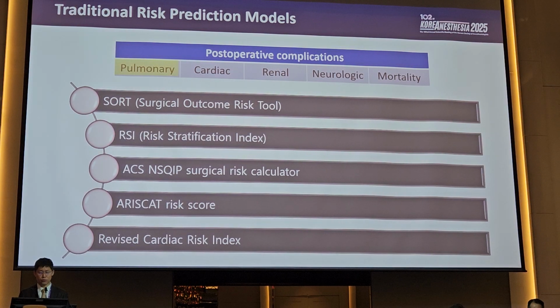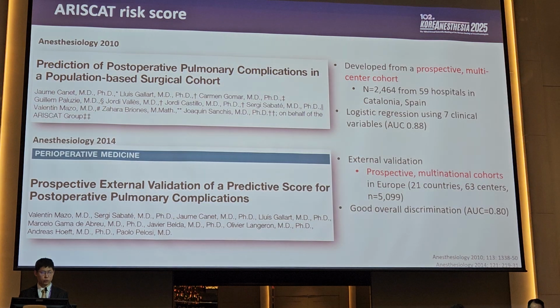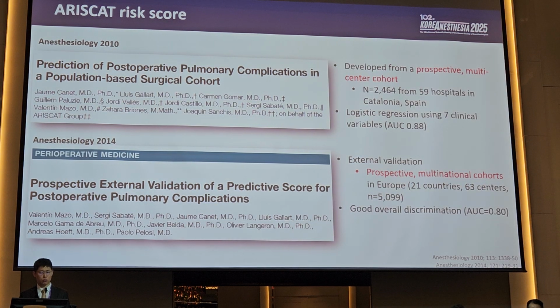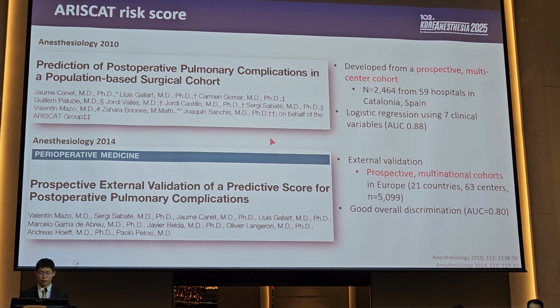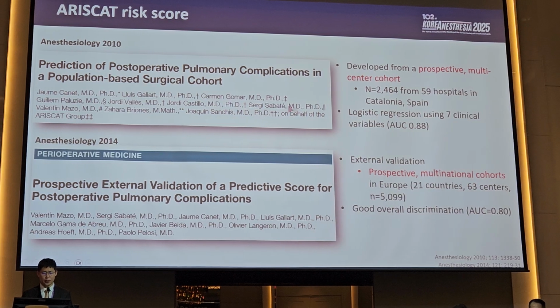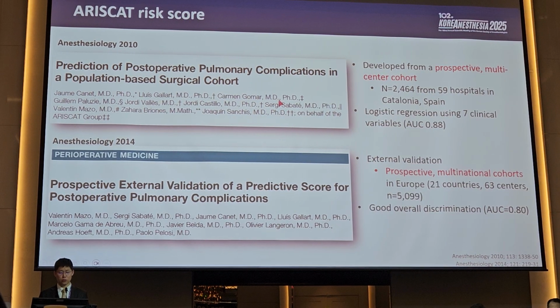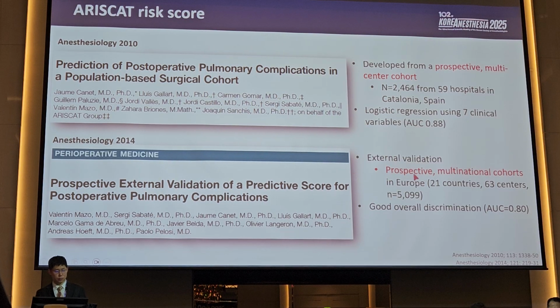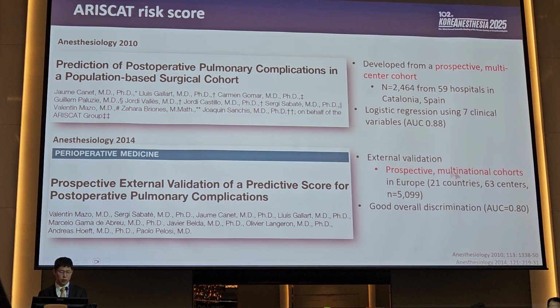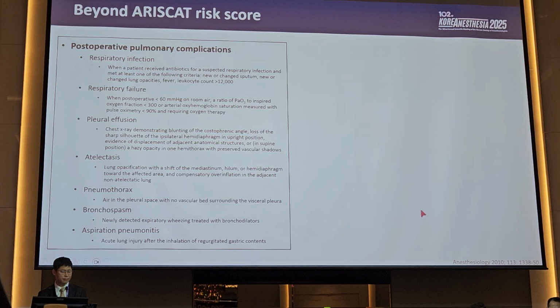So the reference model we use for comparison is the ARISCAT risk score. As you know well, the ARISCAT risk score was developed in a large prospective multicenter cohort in Spain. It uses 7 clinical variables with logistic regression, demonstrating excellent discriminant performance. After the first publication, this model was externally validated in a multinational cohort across 21 European countries, again showing good overall discrimination. So initially we aimed to